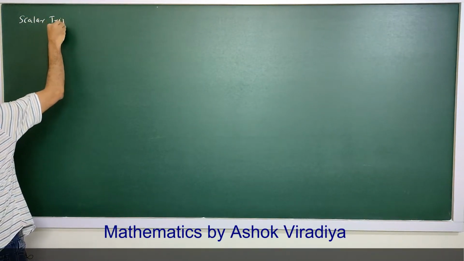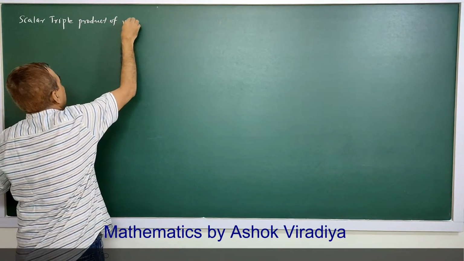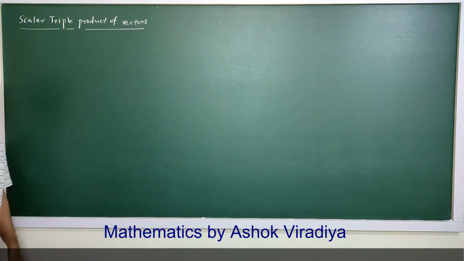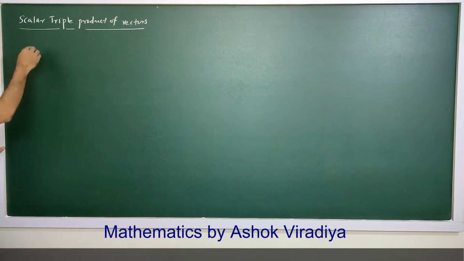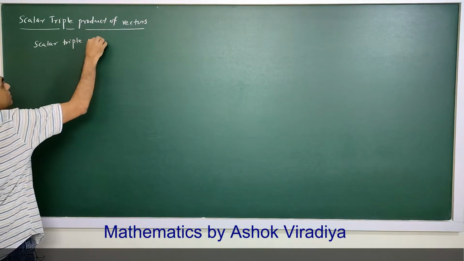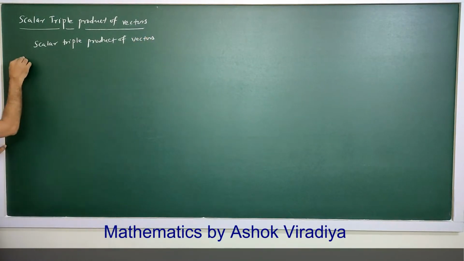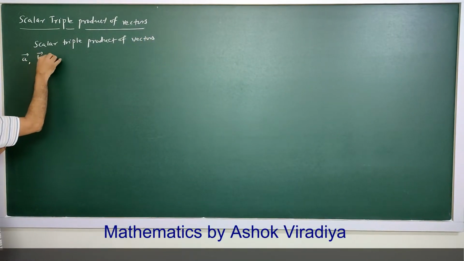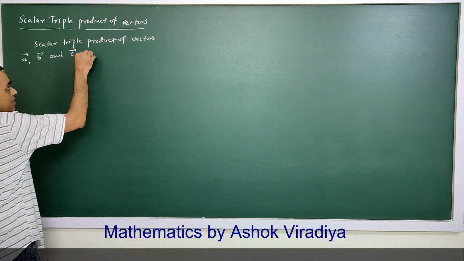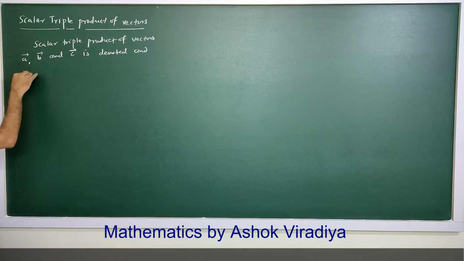Scalar triple product of vectors. Say the scalar triple product of vectors, vector A, vector B and vector C is denoted and defined as,